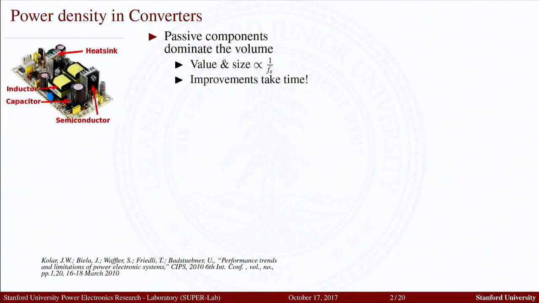One of the few handles that we have as engineers in this area is switching frequency. As you can see in the power supply shown here, usually the size, volume and weight is heavily dominated by passive components. This means inductors and capacitors. By having switches operating on and off as fast as you can, you can reduce the size of the power converters. But these techniques have their limits, particularly as in the industry in the past few decades, engineers have been